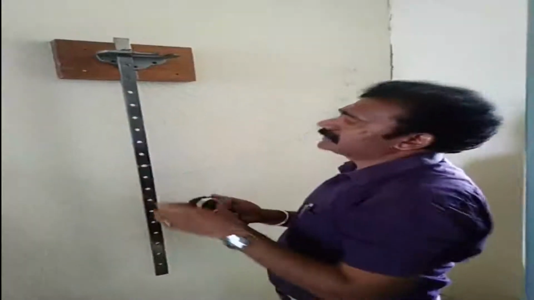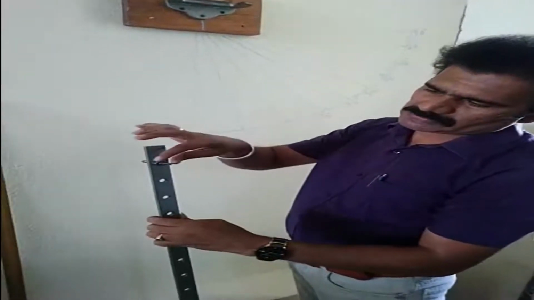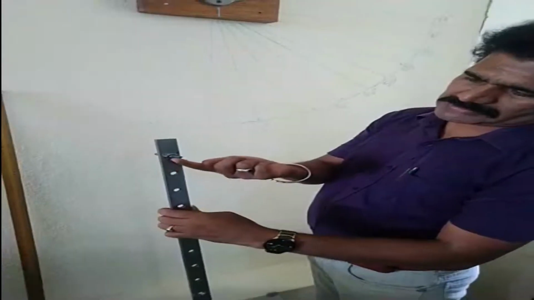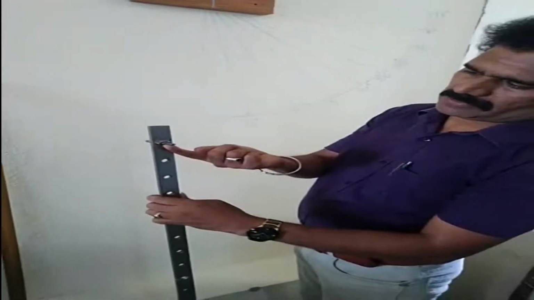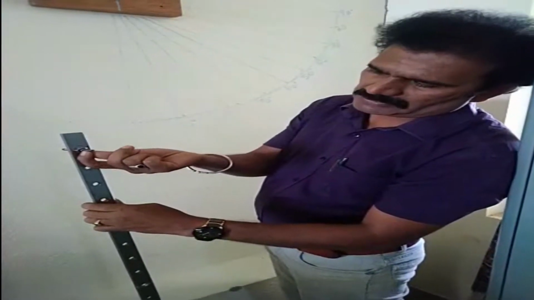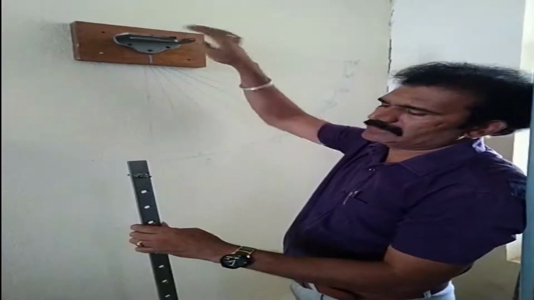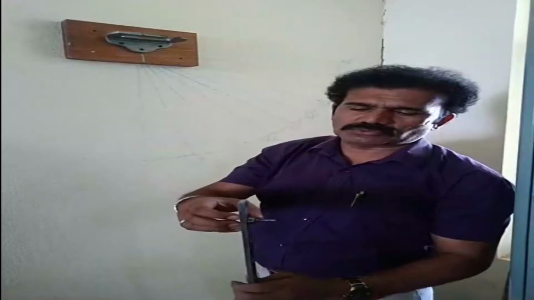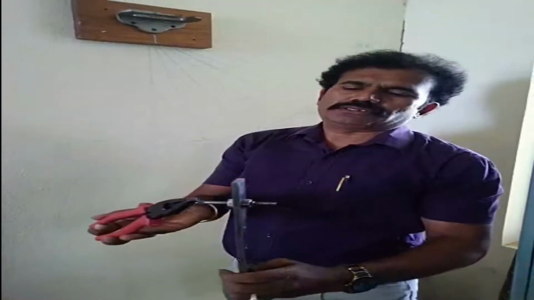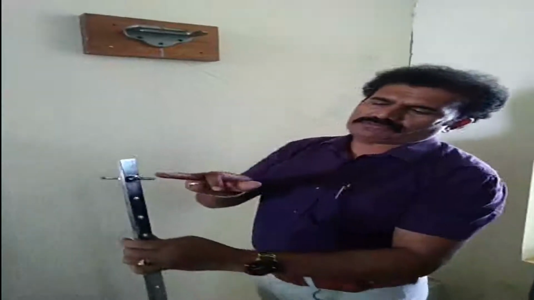Okay. Now already the bar pendulum is fixed to a hook like this. So this hook consists of a sharp edge at the bottom. Whenever we take the oscillations, this V shape of edge should be touching the flat surface of the hook. Like that you have to fix it using the two nuts. We can use the cutting plier to fix the knife edge here. So now the knife edge is fixed to the first hole.